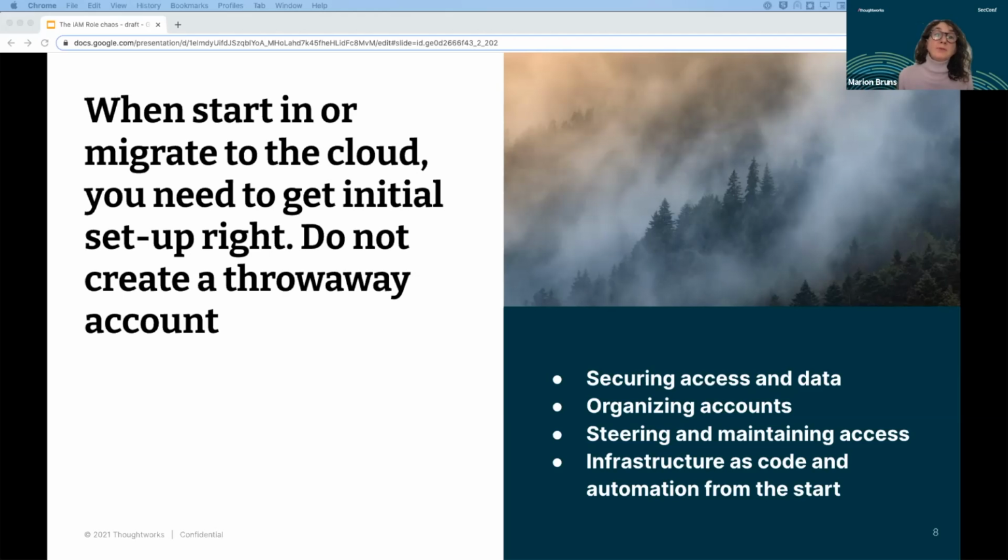However, what we also see sometimes is that this initial start easily becomes a default. So meaning there was no step back and thinking about, okay, how do I want to start? How do I ensure securing access to data? How do I want to organize my account? And how do I steer and maintain access to an account?